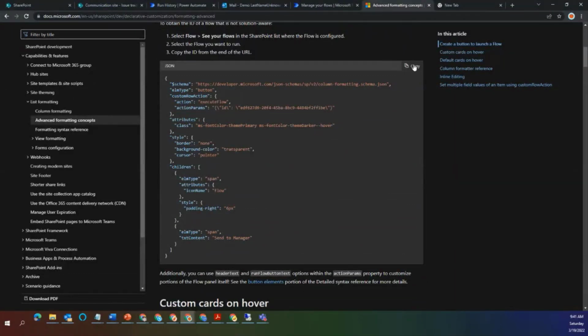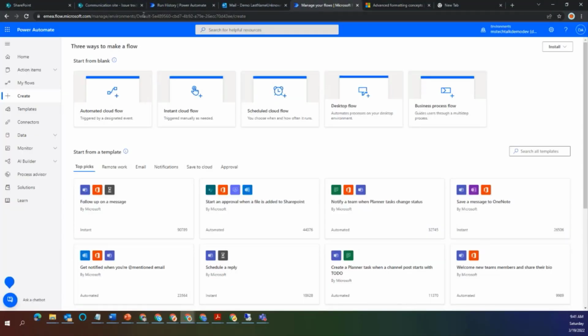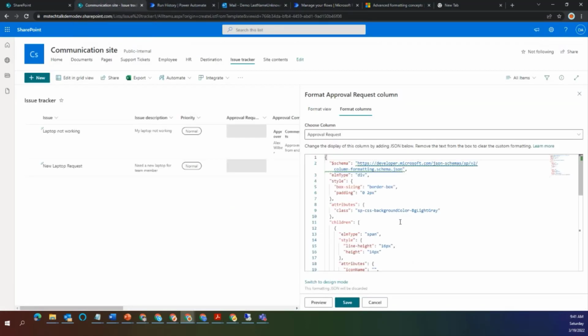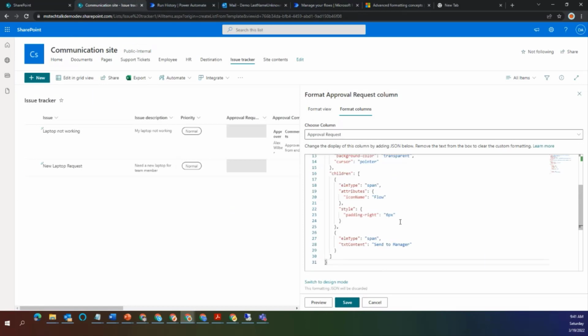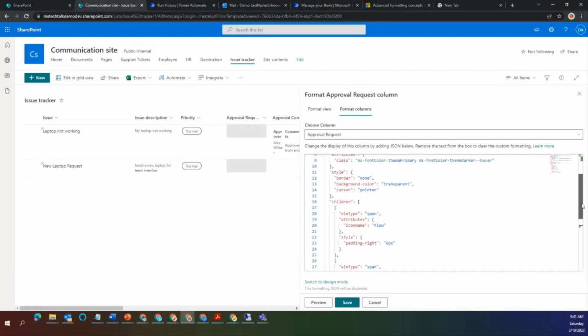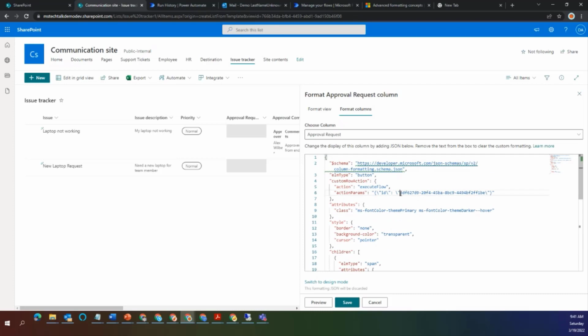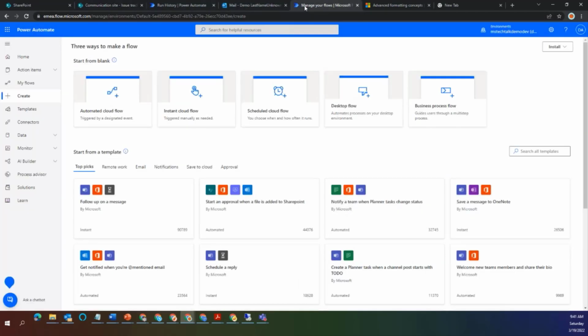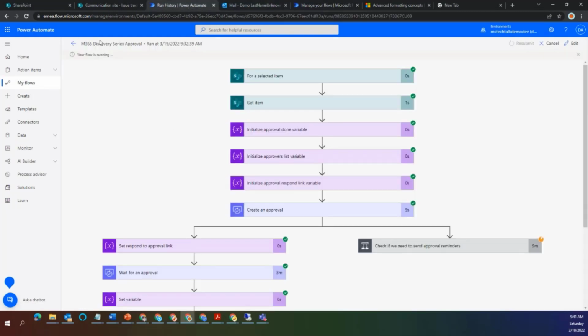I'm just copying it here and going to the list here, and I have pasted it here. Now, one thing I need to change is this value, and I will replace it with my flow ID. To get that flow ID, I will go to my flow here. So I already have this value here. Let me go back here, and